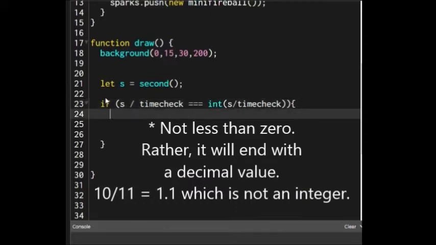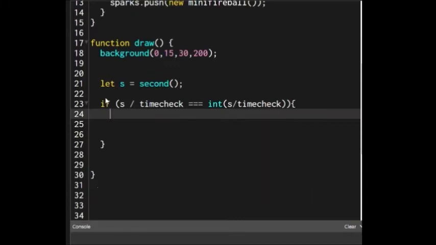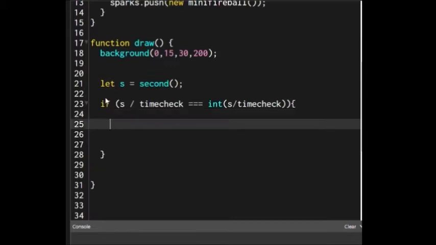So we're looking at every time there's an integer of 10 in our seconds, we're going to perform this operation here, and what it's doing is setting everything kind of new. Comets are born inside this condition. So to give birth to a comet,